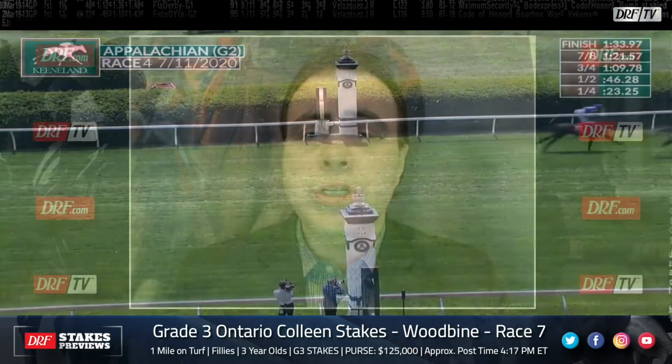She hasn't won since shipping to North America, but she's certainly knocking on the door. That last 88 Beyer speed figure puts her in very good stead. I'm just not sure she has such an edge over this field that I want to go as low as 6-5 at post time. The number 3 is Fly So Pretty, one of several in here trained by Mark Casse,